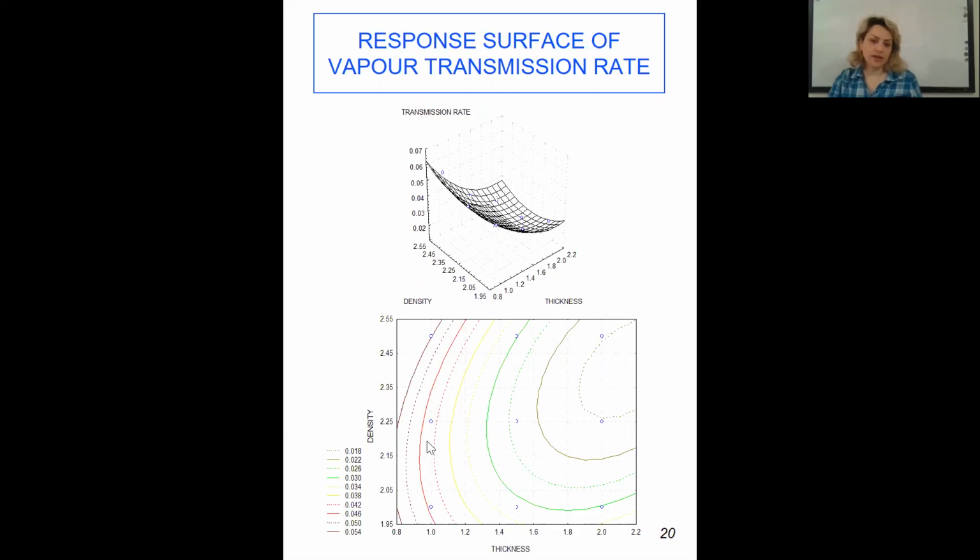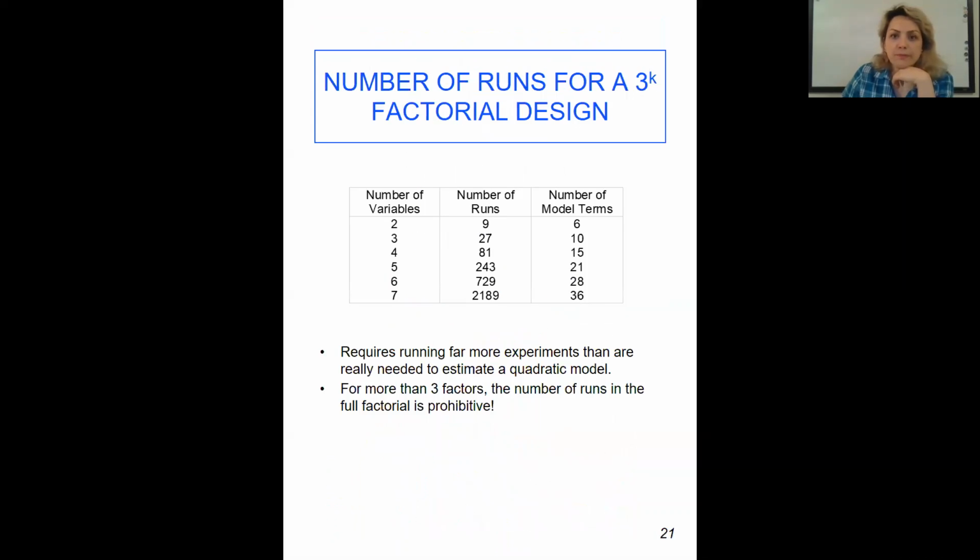So when you're looking at the contour plot, each of these curves that you see, as I said, is going to represent one of the responses. You just need to match it, say, for example, this is 0.030. You are going to try to find this curve, and then you will find out the thickness and density of it. You would see how they change. So this is the response.